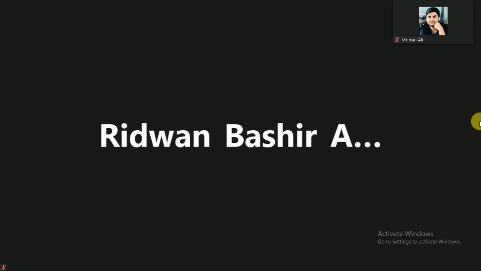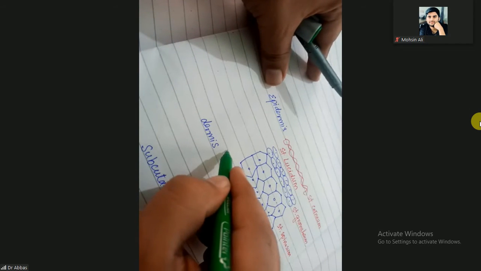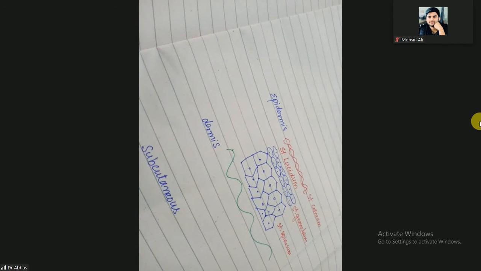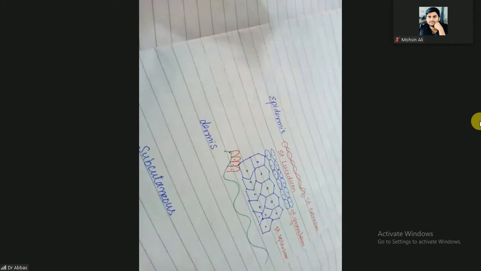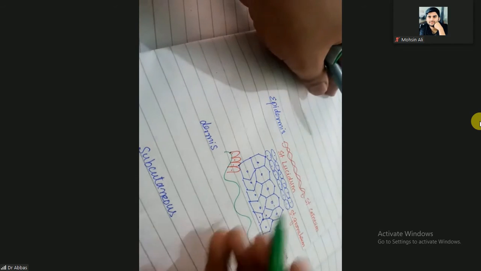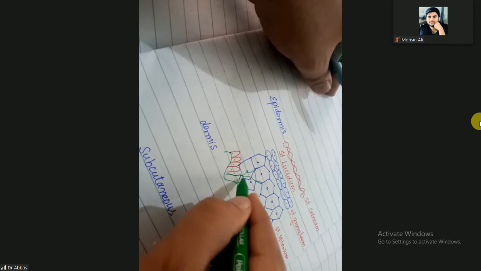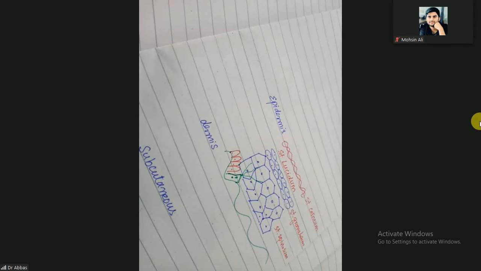And the next layer is lower to that one. Here the cells are columnar in shape. So here the cells are columnar in shape, 1, 2, 3, 4. And in between these cells there are other cells. These are not attached by desmosomes. These are the cells of the stratum basale, or stratum basal.